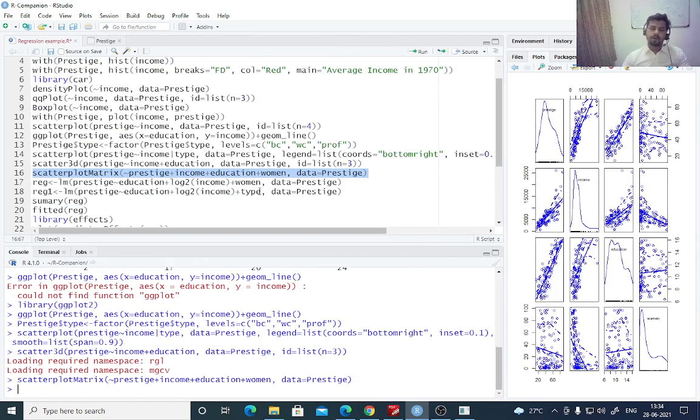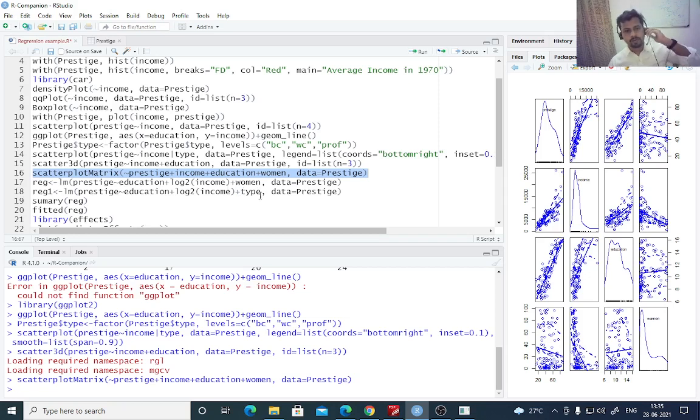Now, after exploring the data using all these functions, this exploratory data analysis helps you understand the probability density function of each of the explanatory variables or the response variable that you have. The scatter plot matrix gives you an idea of how the pairwise correlations amongst these response and predictor variables look for this particular example. So whenever you have any data, the first thing that you should do is perform exploratory data analysis, and you should always keep that in mind.